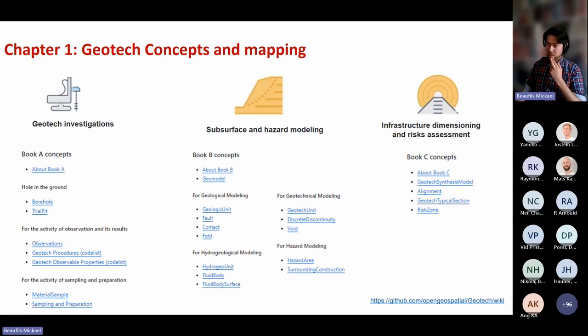So we came into this classification. This is something that was commonly done with the IFC tunnel project, and that led to this proposal to structure our different data into book A, book B, and book C. Something that comes from the French International Tunneling Association first. So here you can see the different concepts we identify, and of course the idea was to see how they are currently addressed in the different formats, in the different standards that were part of that project.